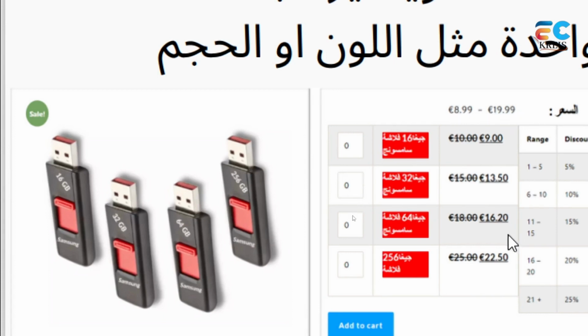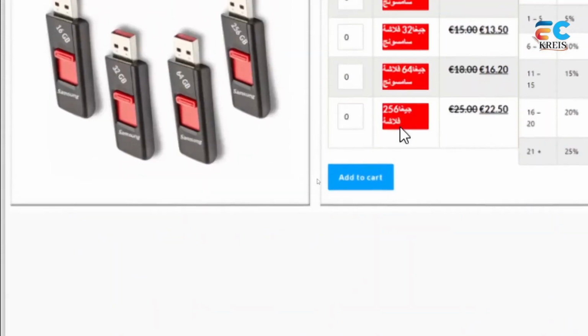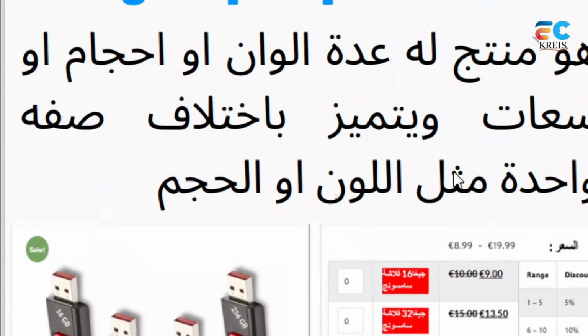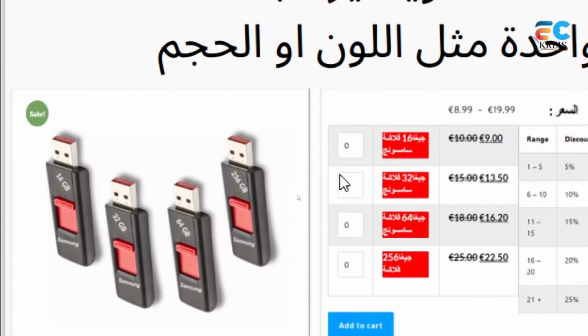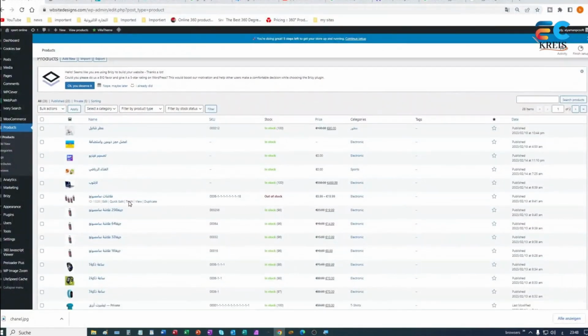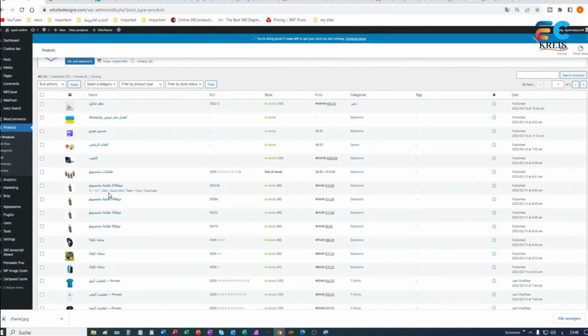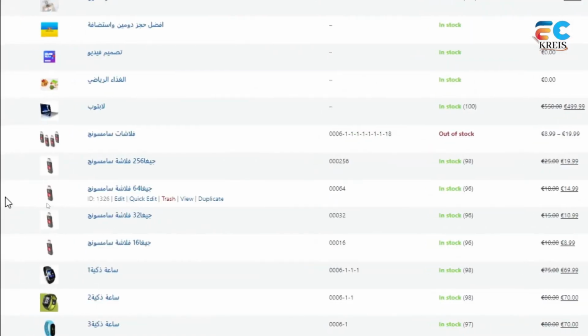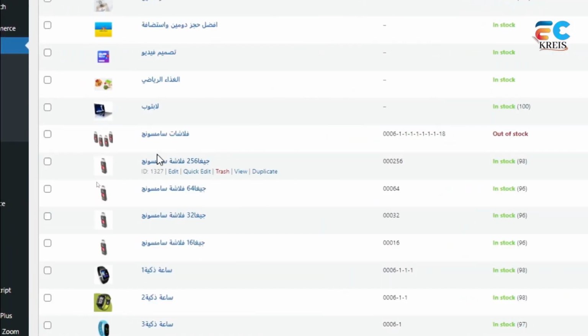The only difference is in the flashes, but as a form it is the same, and we call that the combined product. Instead of displaying each flash separately, I add all the flashes I have at once. In this way, if the flash is 16 gigabytes, the other is 32, the third is 64, and the fourth is 256, then they are completely identical in shape, but of course the price differs. In this way, I add a specific quantity of flashes, for example,